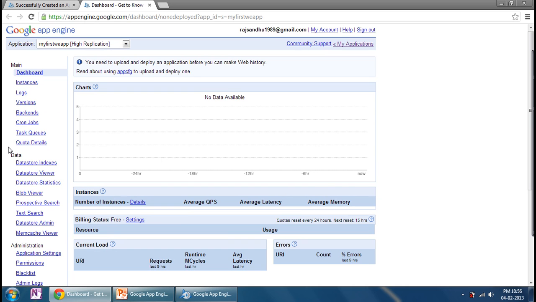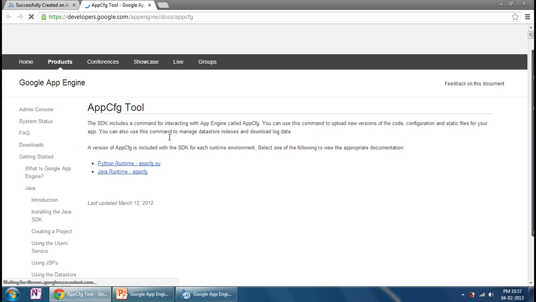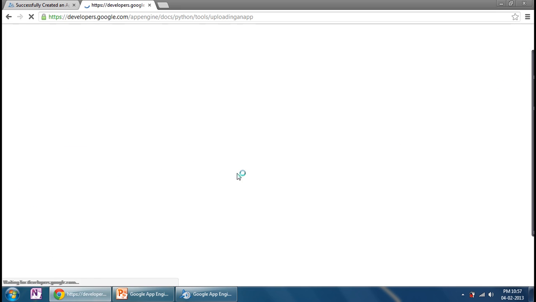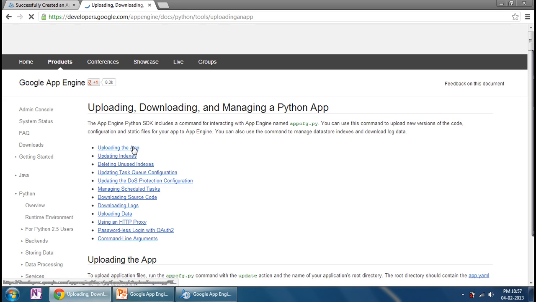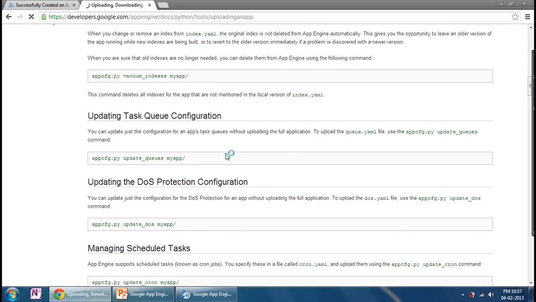Once we create an application, these options will change for our application. Second is application configuration, which is used to upload and deploy. This configuration is for the Python runtime, and this tool is for the Java runtime. We're using Python. It shows all the steps you have to follow for uploading with Python.